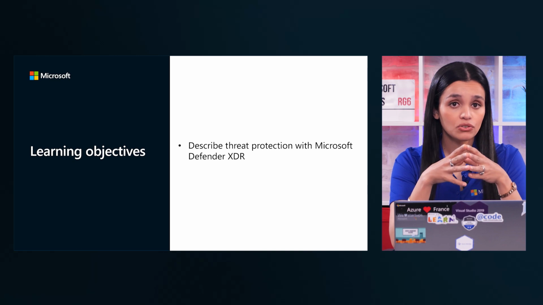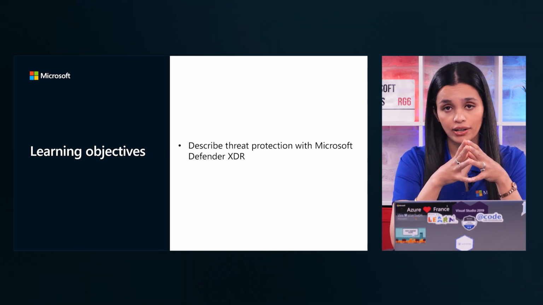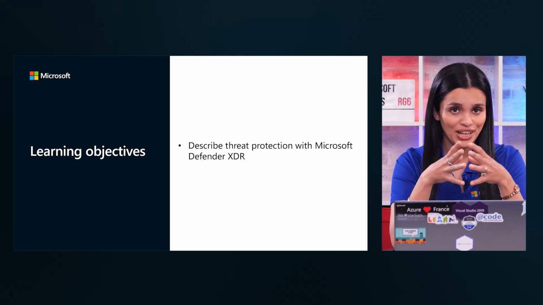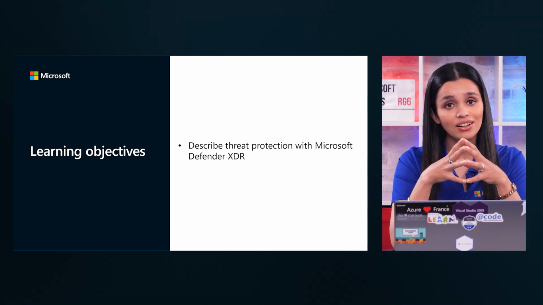This course covers 6 different sessions. You are encouraged to watch one or more sessions. In this 5th session, we are going to discover Microsoft Defender XDR. So, let's start. As a reminder, all the materials for this session and the first one can be found on the learning path at aka.ms/sc900. So let's start with the learning objective of session 5.